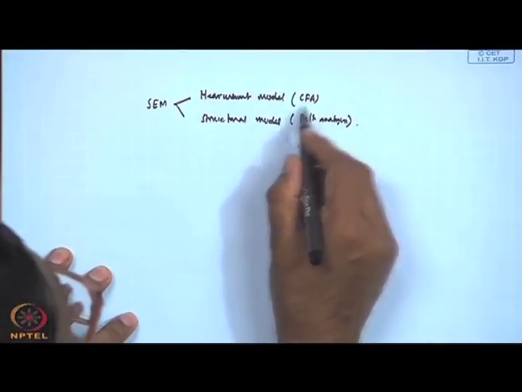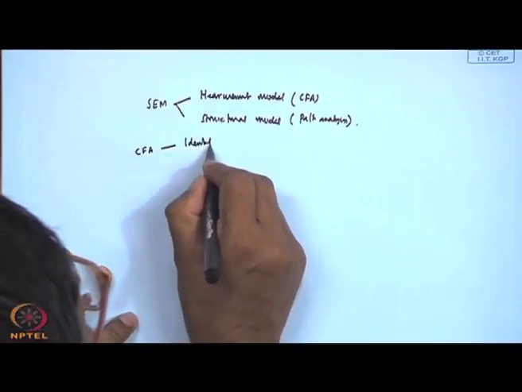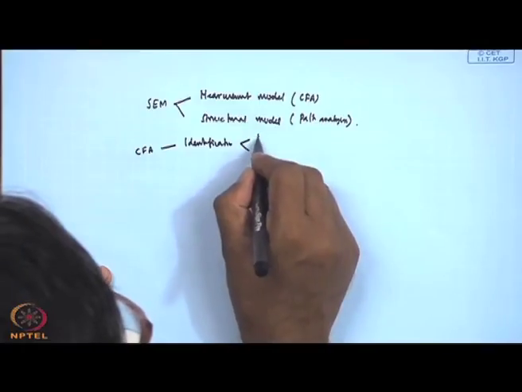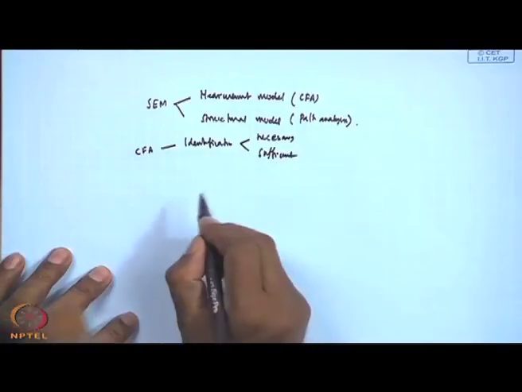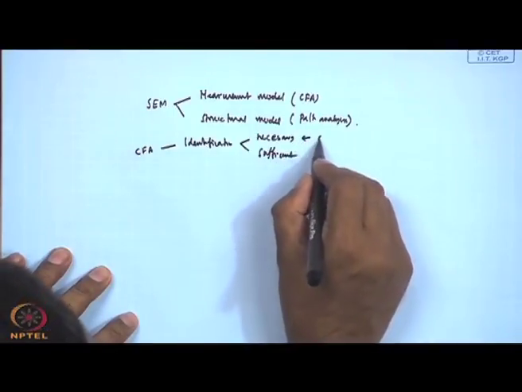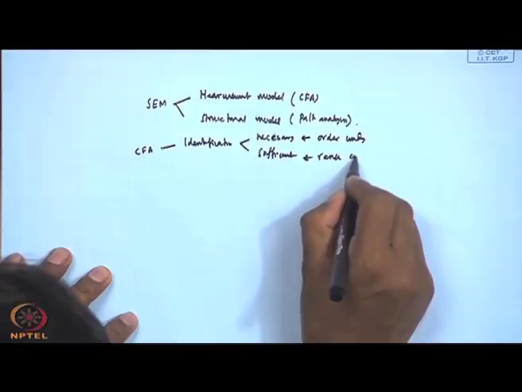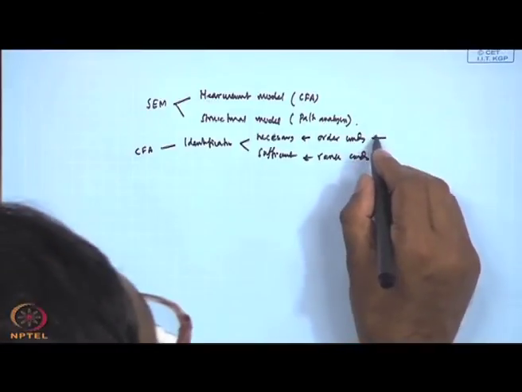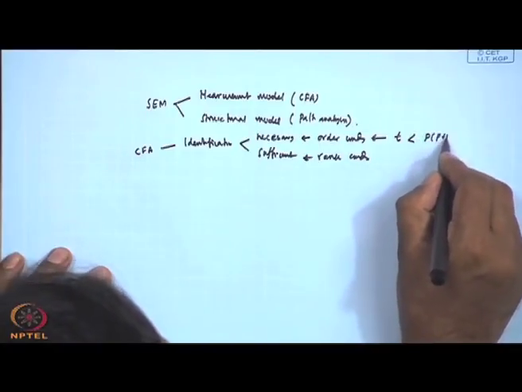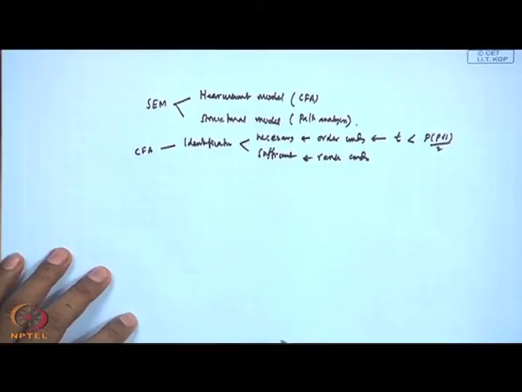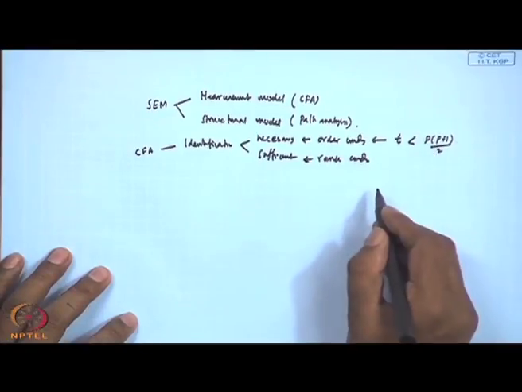Now, we have discussed the details of CFA in terms of its identification. Under identification there is a necessary condition and a sufficient condition, and both must be satisfied. The necessary condition is known as the order condition, and the sufficient condition is known as the rank condition. In the order condition, we say the number of parameters to be estimated must be less than the number of non-redundant elements in the covariance matrix. Then this is the over-identification case, and it is a desirable case.